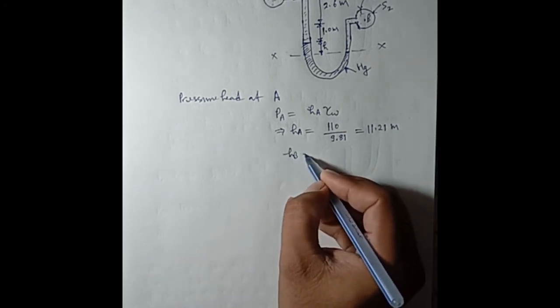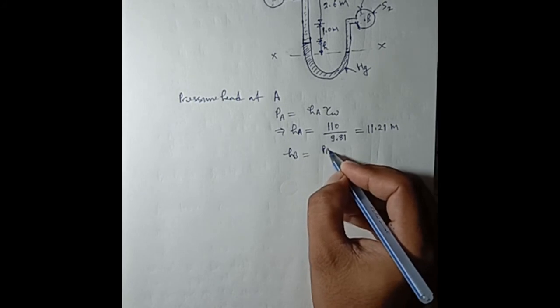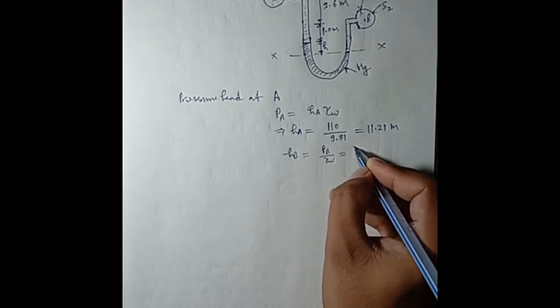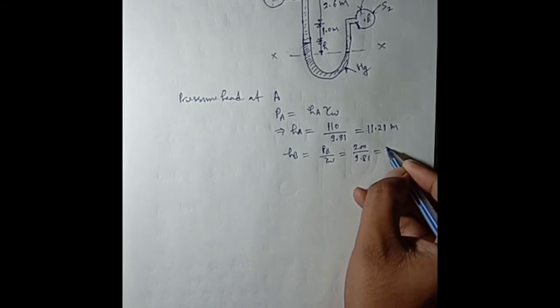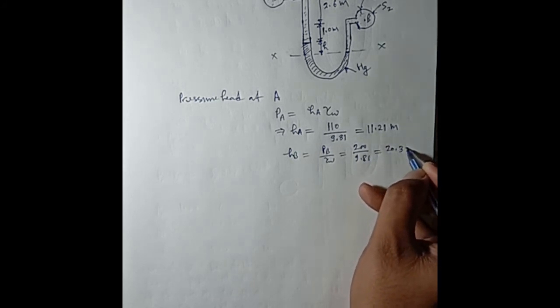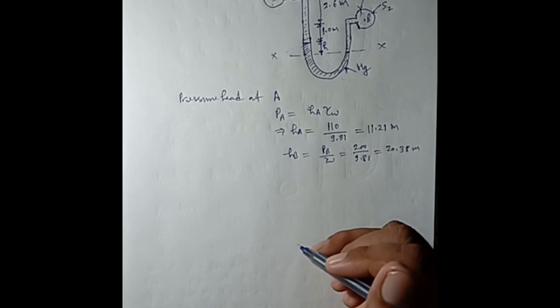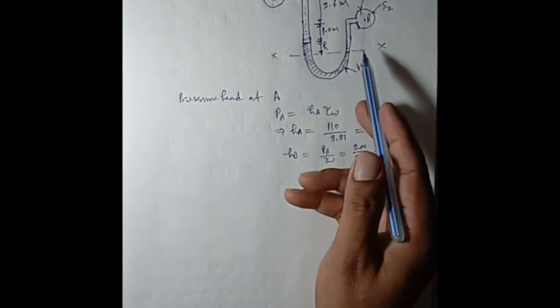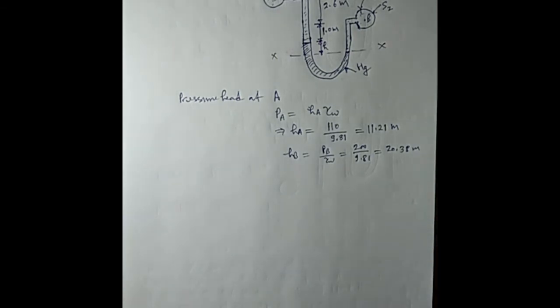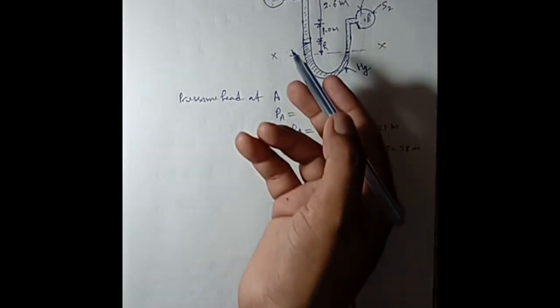Similarly, HB is equal to PB upon gamma W is equal to 200 upon 9.81 is equal to 20.38 meter of water. Taking XX section as the datum line,